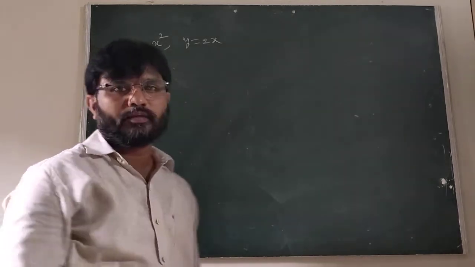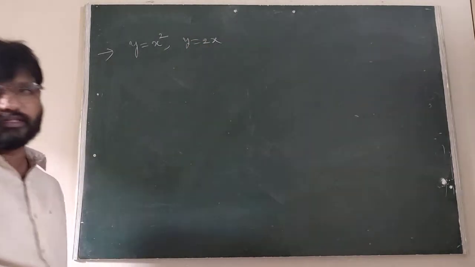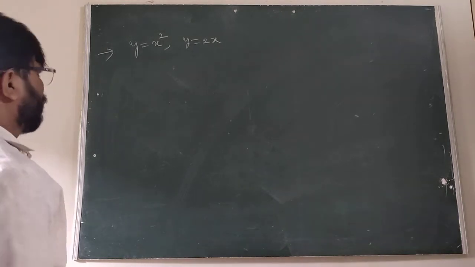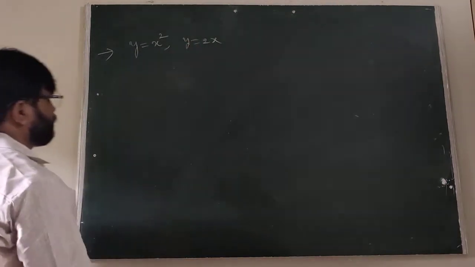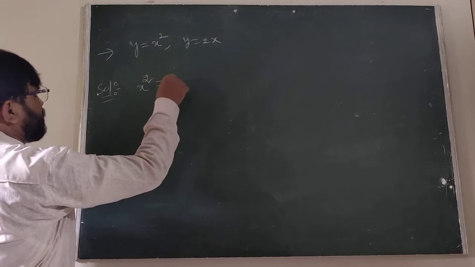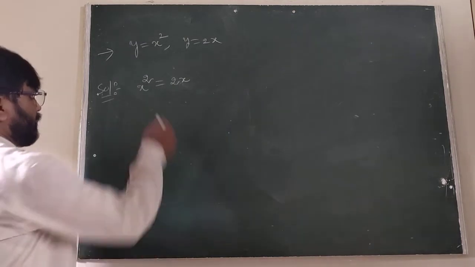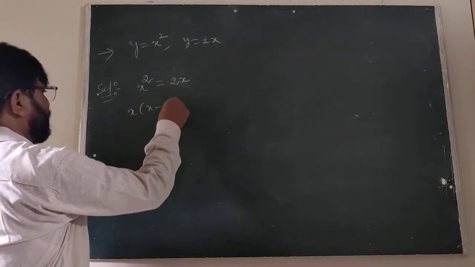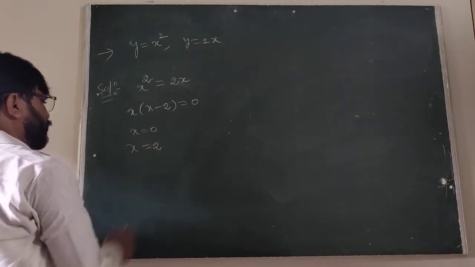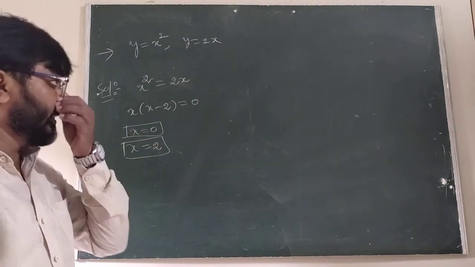Find the area enclosed by the curve and the linear equation, that means a straight line. So dear students, when the curve and the line are given, the solution is simply this: all of you first find the point of intersection. All of you listen here. We take the first point of intersection, where x is common, x minus 2. Therefore here x equal to 0 and x equal to 2. The line and the curve are intersecting at x equal to 0 and x equal to 2.